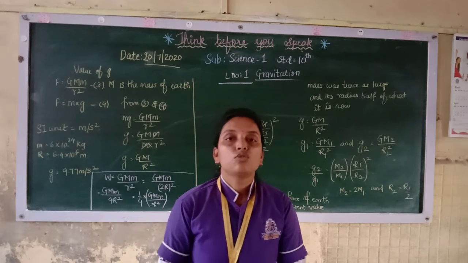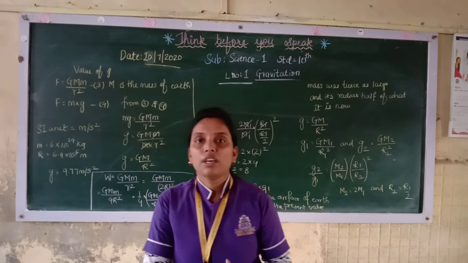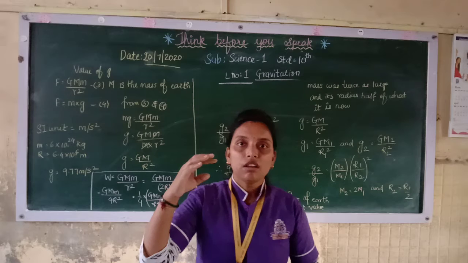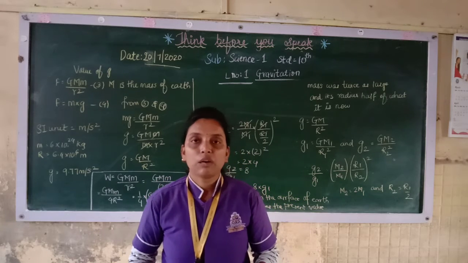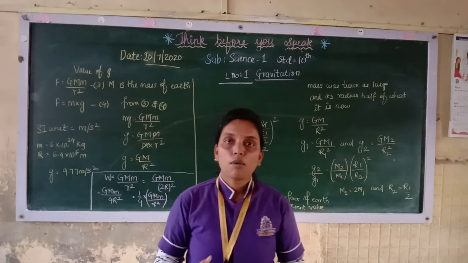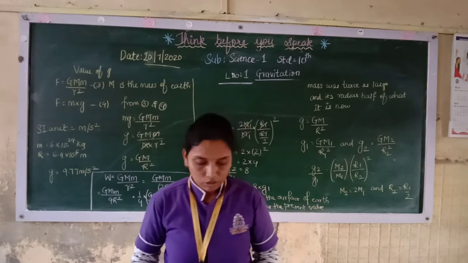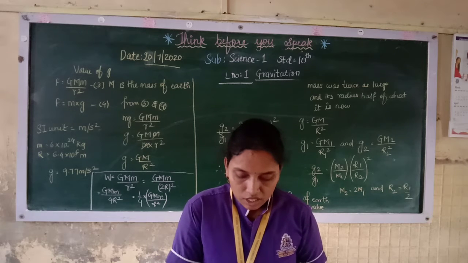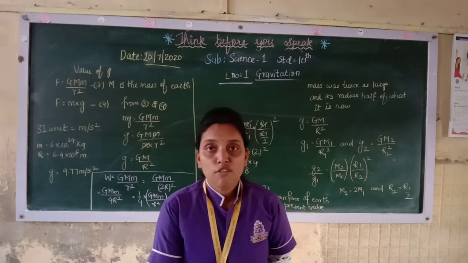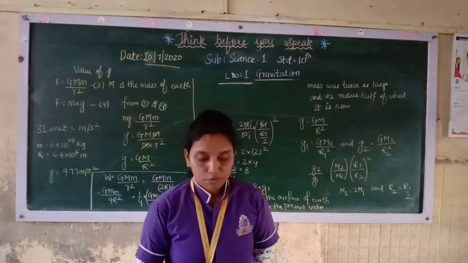See, whenever you throw something upwards, you will find that when it is going up, the velocity will decrease, and at a point it will stop and it will come down again. That is because of the gravitational force which is attracting that object. So because of that, the velocity decreases, it stops, and then it falls down. Now the earth attracts every object near it towards itself because of the gravitational force.